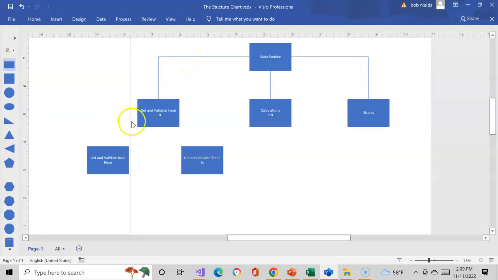These lines basically state this. One, the main routine is going to call get and validate input. Get and validate input is going to call get and validate base. The word call means it's going to say go to this procedure, call this procedure, and whatever the code is in this procedure, it's going to run. Once it's finished, it comes back to that procedure. And so in this case, the main routine will call get and validate input. Get and validate input will call get and validate base price. Once it's done, it will then call get and validate